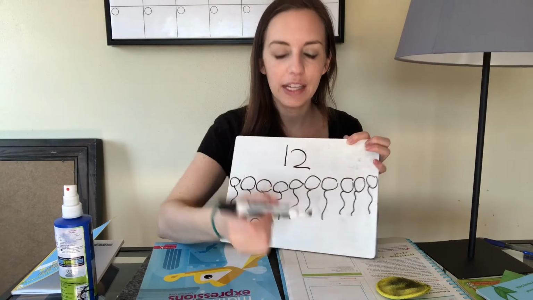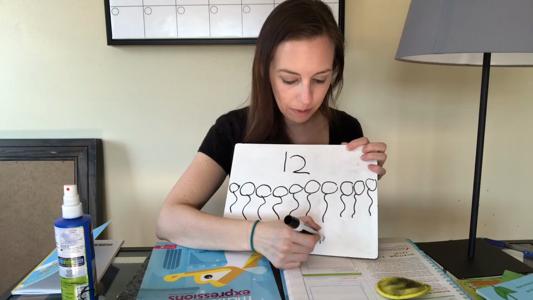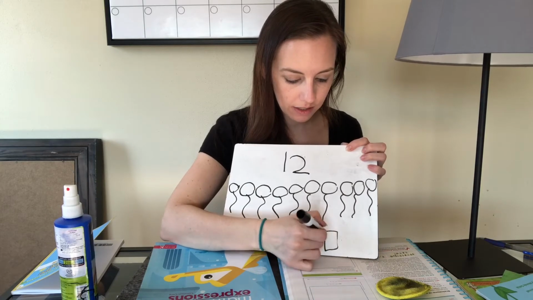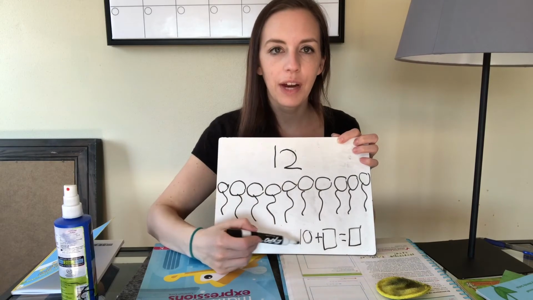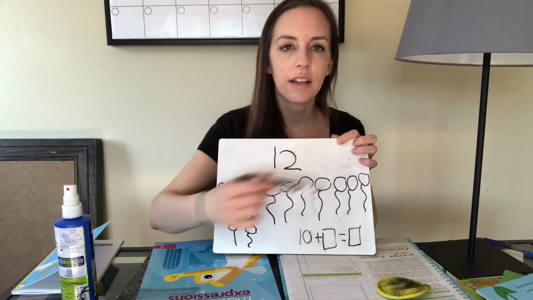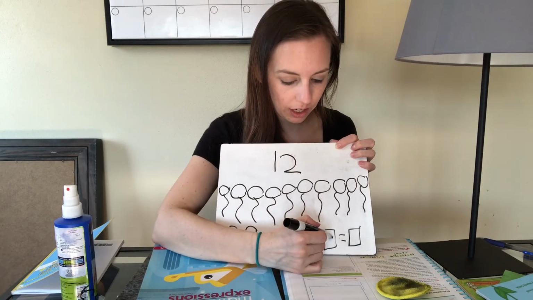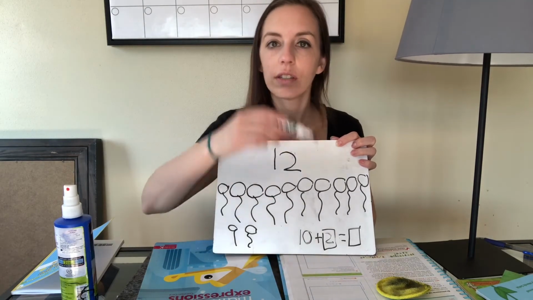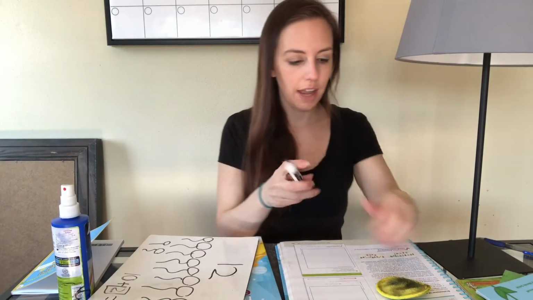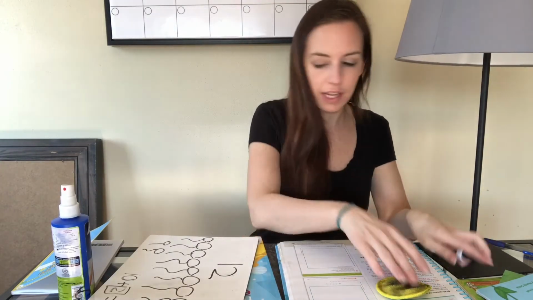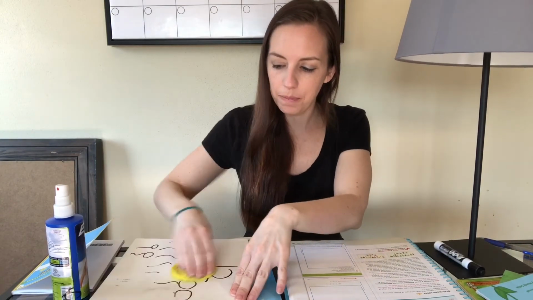Then it's also asking you to write the equation. So it says 10 plus what equals what? Well, we know that, right? 10 plus, in this case, 2, so I would write a 2 here, equals 12 altogether. Very good. Now, if you think you're ready to do this, I'm going to have you open up your math